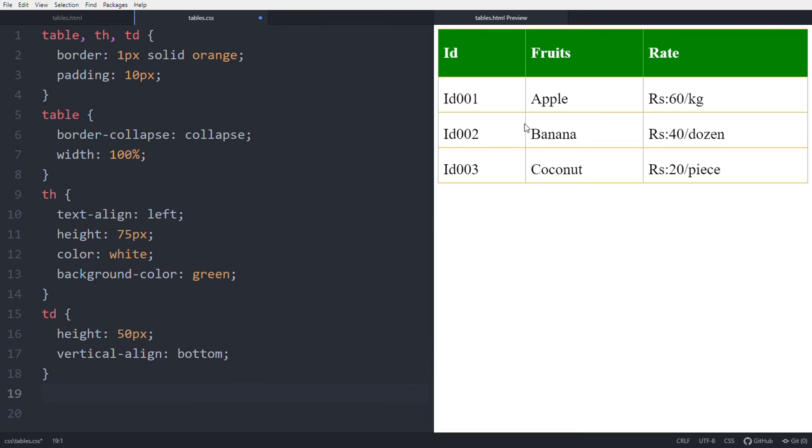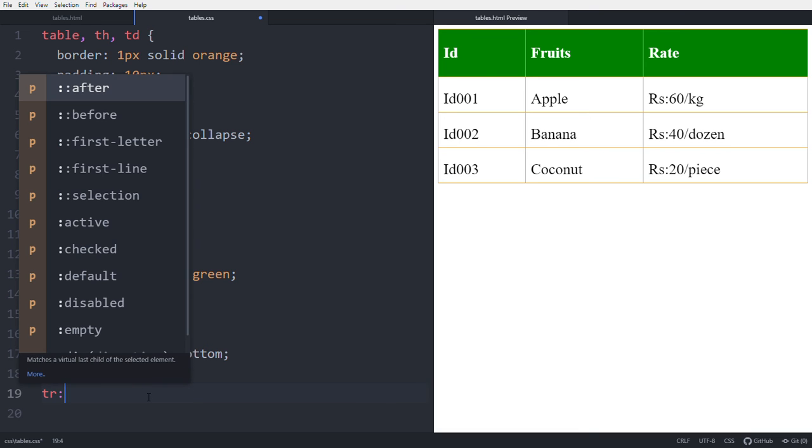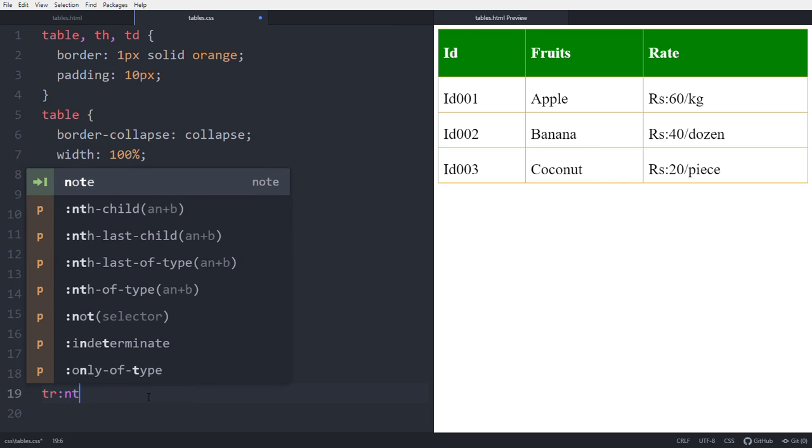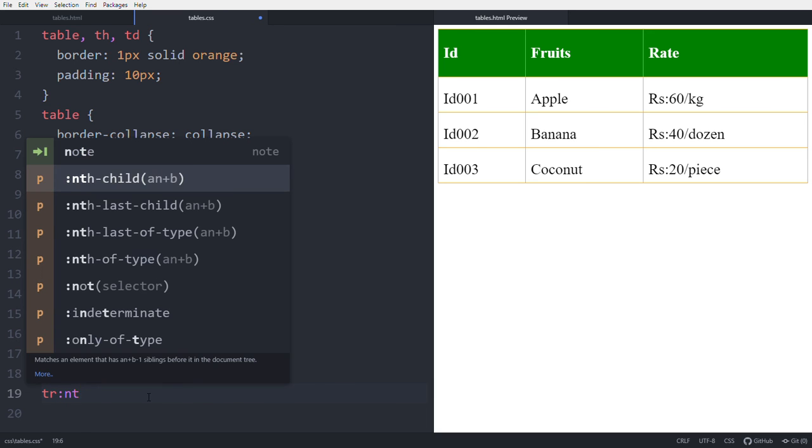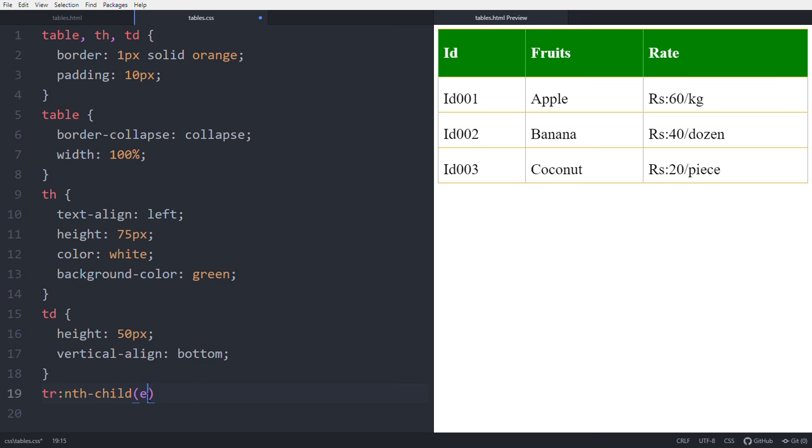Then if you want to change the colors in a better manner, use this tr, the row of the table, tr. This is nth-child. Make it even.